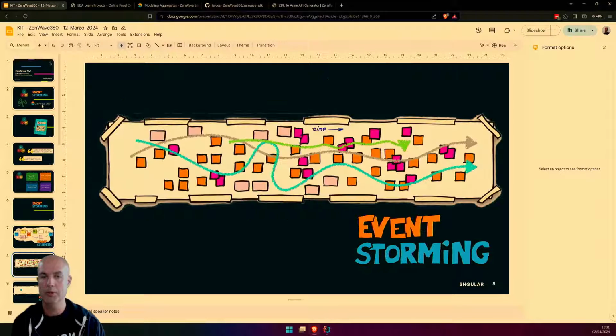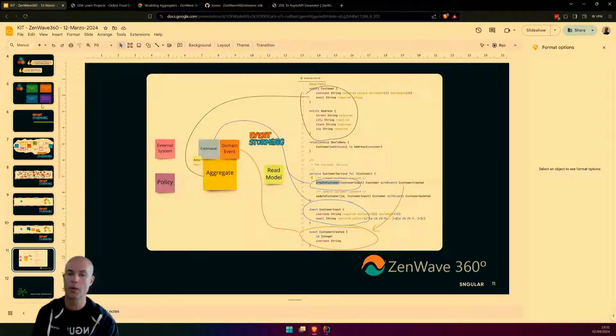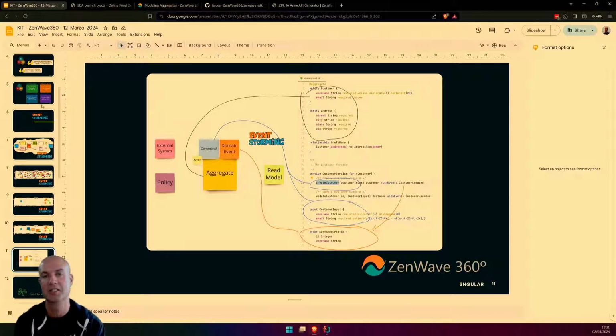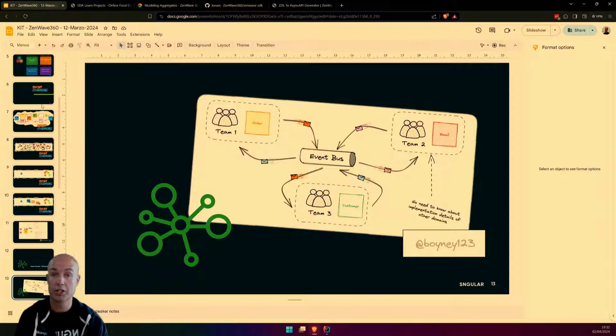And with event storming, you can explore the problem space, you can design your processes, or you can design your software. Thanks to ZenWave, you can convert these findings into a domain model that can be converted to code very quickly, and it generates code for you very, very simple, and it retains the language of your business. So this can work as an ubiquitous language format. And event-driven architectures, well, because it makes sense, because that's how we conduct business in real life.